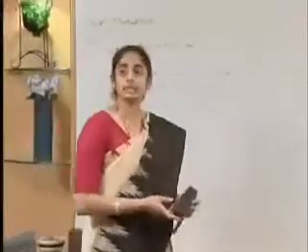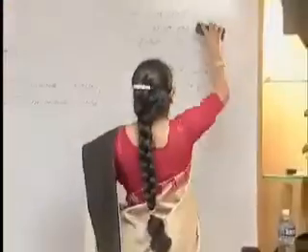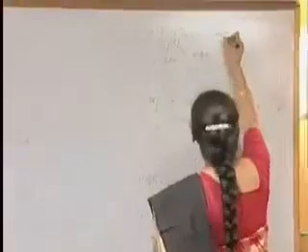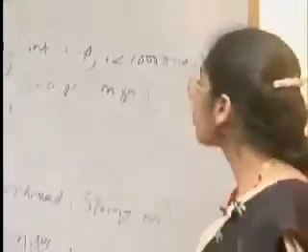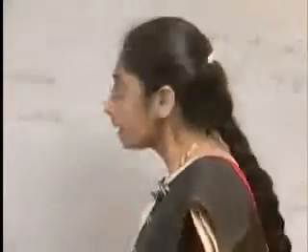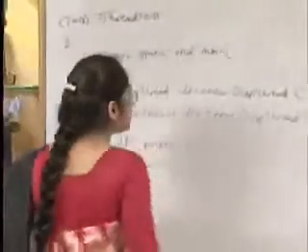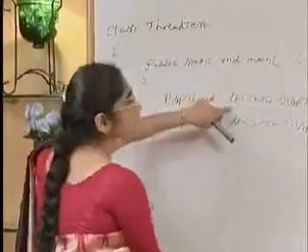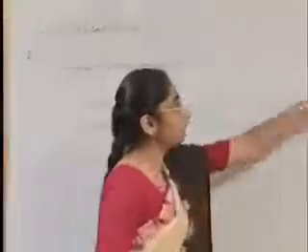Now let's take a look at the second methodology. The second methodology says, take a class, implement it with the Runnable interface, implement the run method, create the instance of the class. When you create the instance of a class, what type of an object do you get? You get a Runnable object.